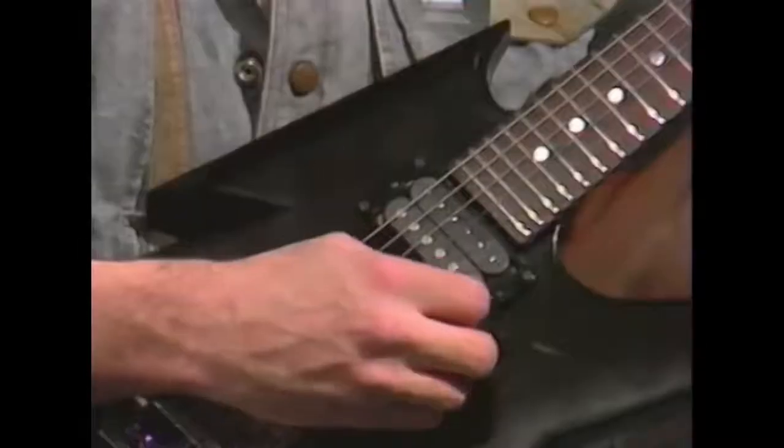Before we start the first exercise, let's tune up. I tune to A440, and I'll start on the first string E and work my way down. This is E,